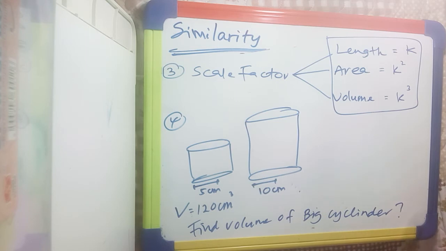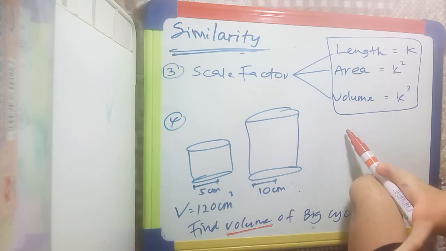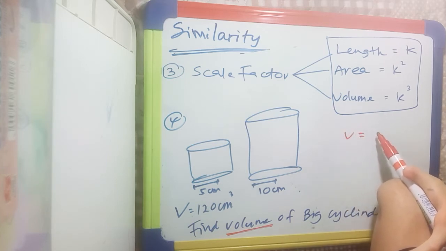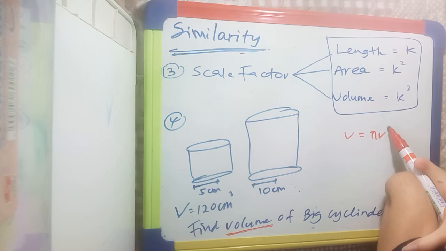How to find the volume of the big cylinder? Given the volume of the small is 120 cm cube. Okay, one thing you must remember, in order to find the volume, the formula of the volume of any cylinder is, let me write down the formula first. Volume is pi r square